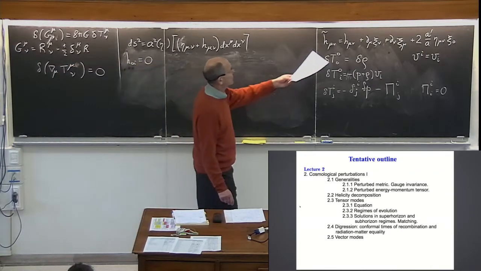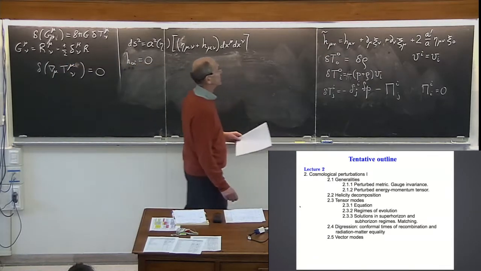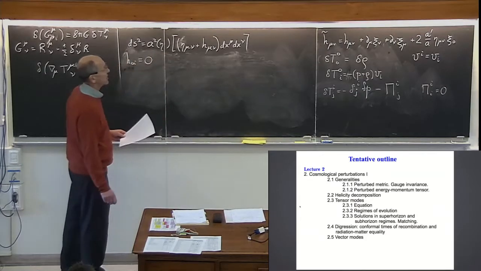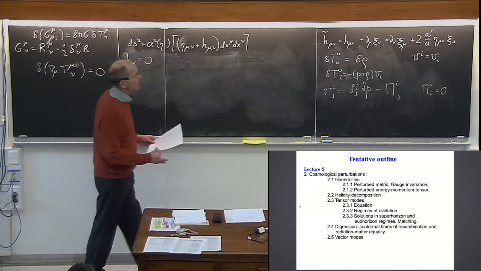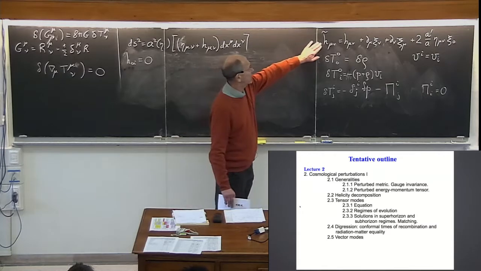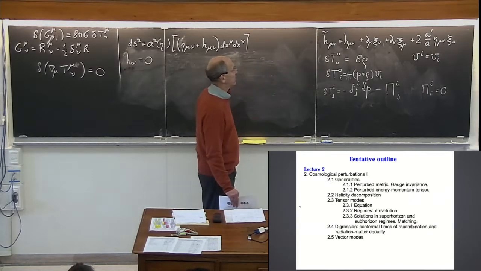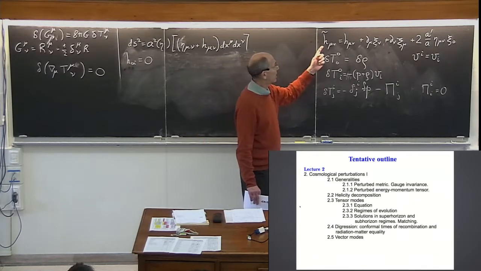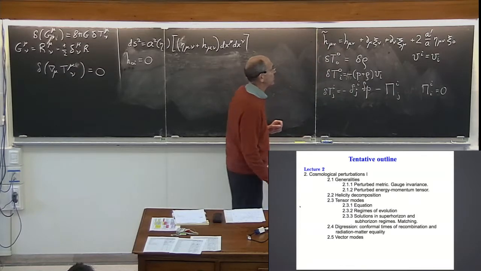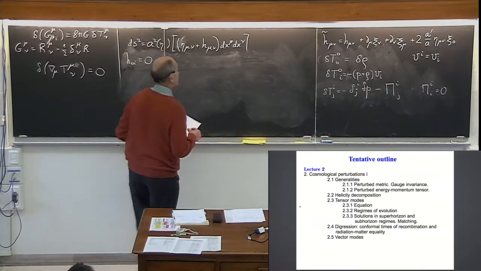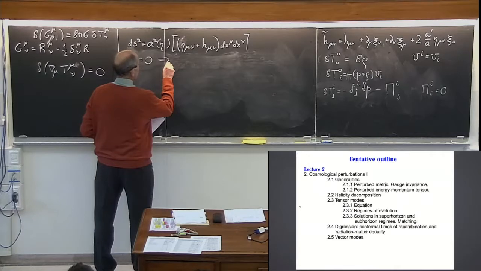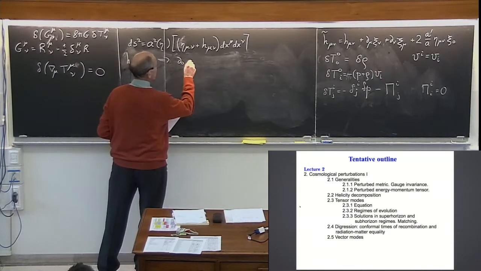Let's look at this transformation and require that this transformation, which is a residual gauge transformation, leaves the mixed components H naught I intact, equal to 0. This will mean that you have the following